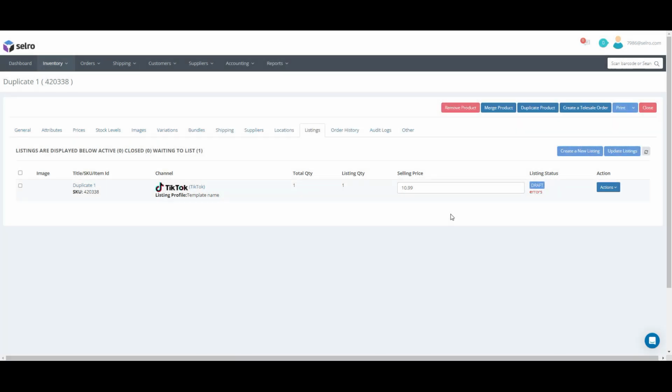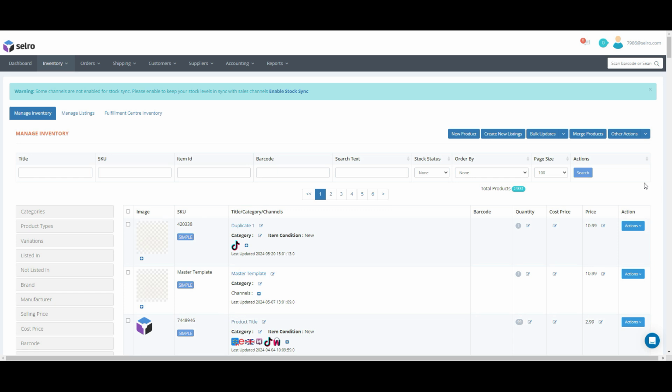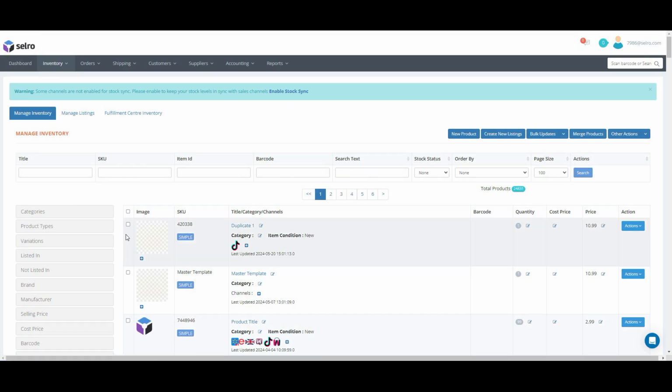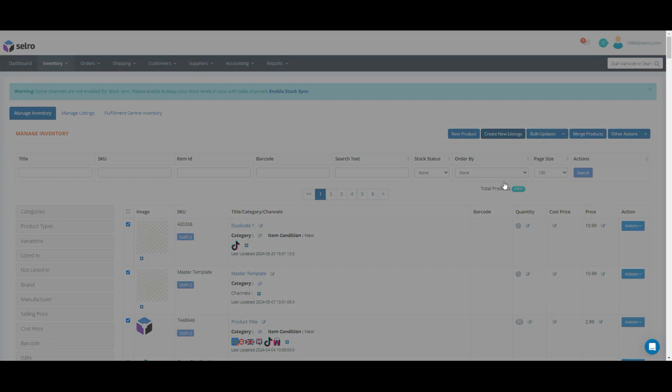This just helps you to get used to the process and to see what information is required per channel. Once you are familiar with this process, there are options to list in bulk to your marketplaces. So you can either do that via the UI or via a CSV upload. To bulk list via the UI, you can use the filters on the left hand side or across the top. Select the products that you want to list. You can select up to 1,000 at a time